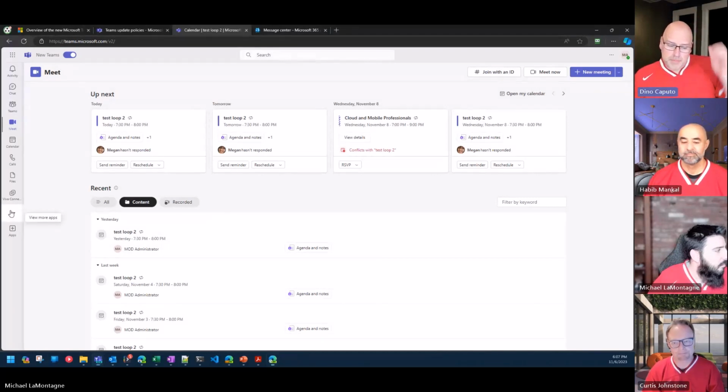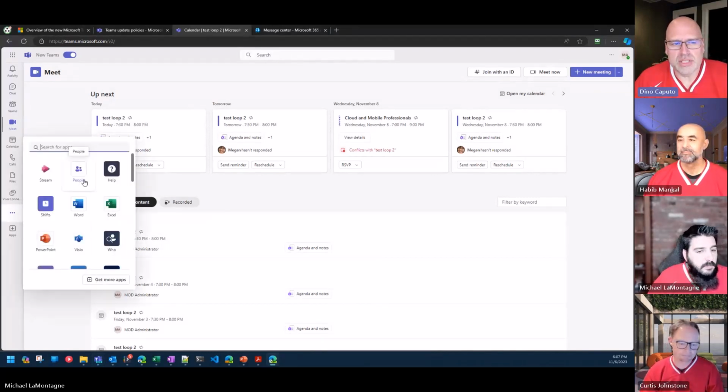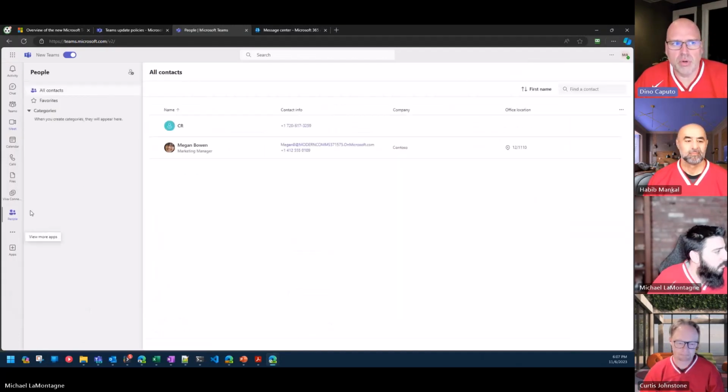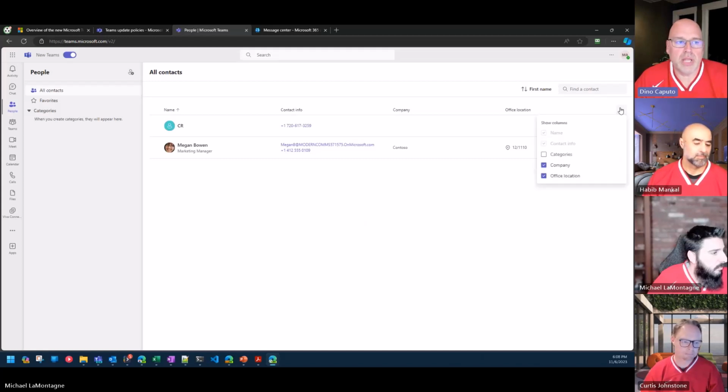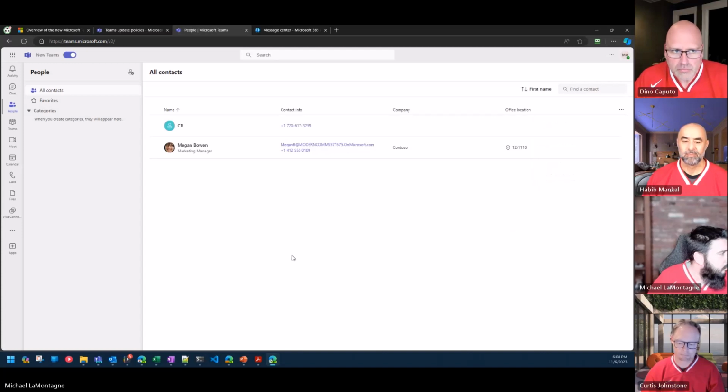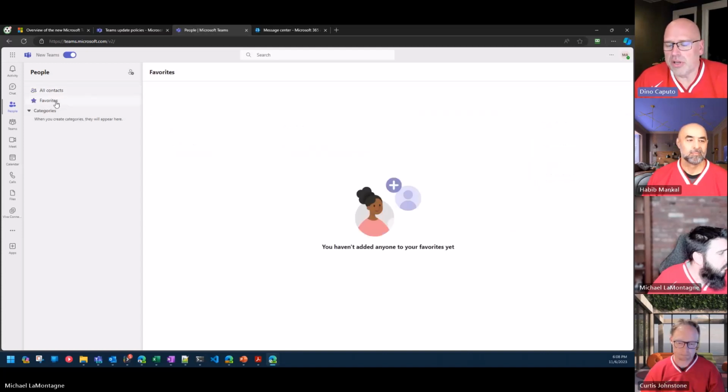Yeah, so it's a new app, but it's not really new in the sense that the functionality is similar to what we used to see. So in Teams 2.0, if you go into chat and you're looking for where your contacts have disappeared to, they've kind of moved where your contacts used to be in chat into the new People app. So if you're looking for them, you need to install an app called People, and that's where they're all going